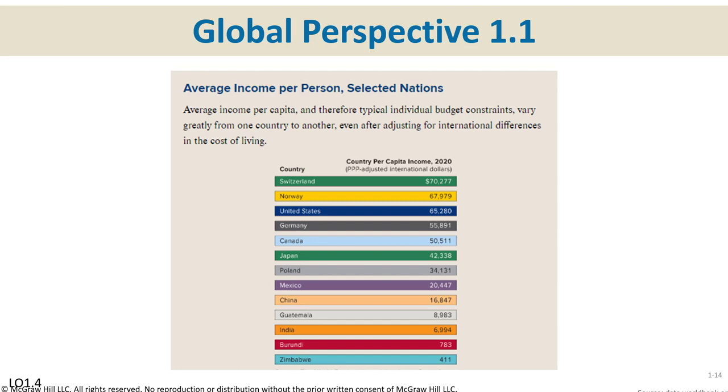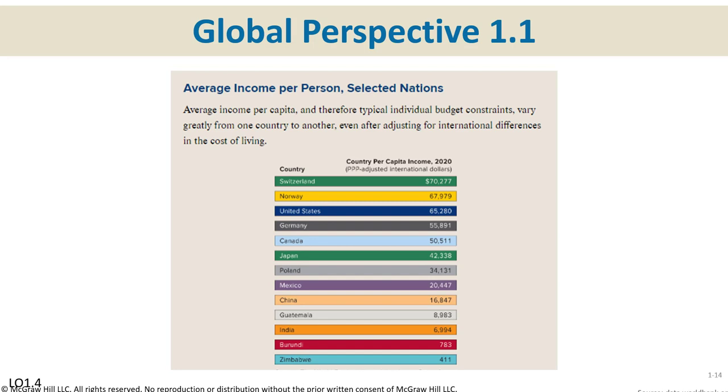Now we're on slide 14. Per capita income, just to give you an idea. We'll talk about gross domestic product a little later in chapter 5 or 6, I believe. How much stuff is made inside of a country's boundaries. You divide that by the number of people, that gives you your per capita income.